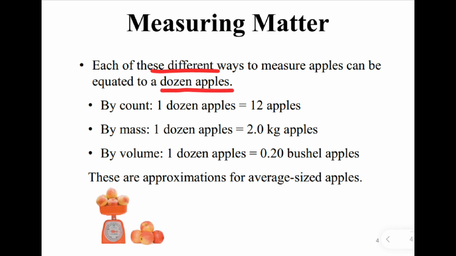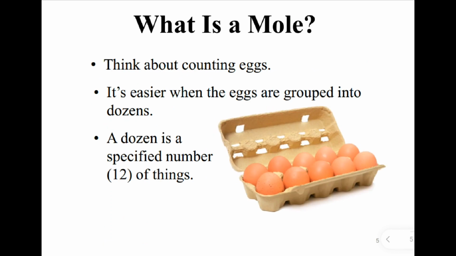So each of these different ways to measure apples can be equated to a dozen apples. ለምሳሌ by count ምን ማለት ነው? እያንዳንዳቸው አፕልን ለመለካት የተለያዩ መንገዶች ከአንድ ደርዘን አፕል ጋር ሊመሳሰሉ ይችላሉ ማለት ነው። ለምሳሌ by count ብንቆጥራቸው a dozen apples equals 12 apples። by mass a dozen apples equals 2 kilogram apples and so on ማለት ነው። ስለዚህ እነዚህን የመለኪያ ማለትም የአፕል መለኪያ የተለያዩ መንገዶች ናቸው ማለት ነው።